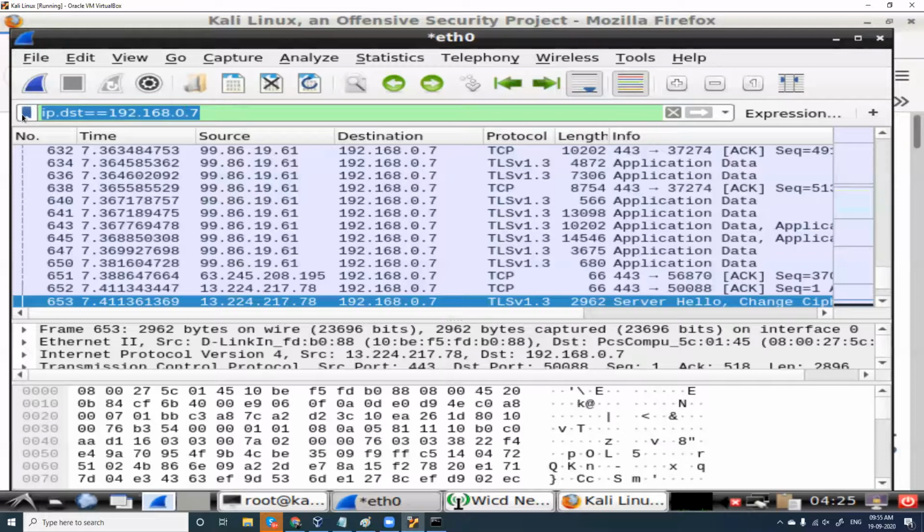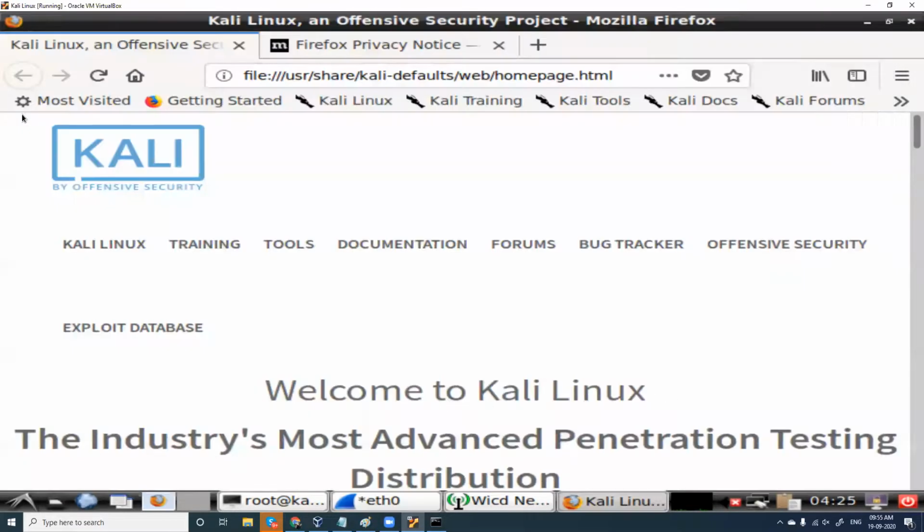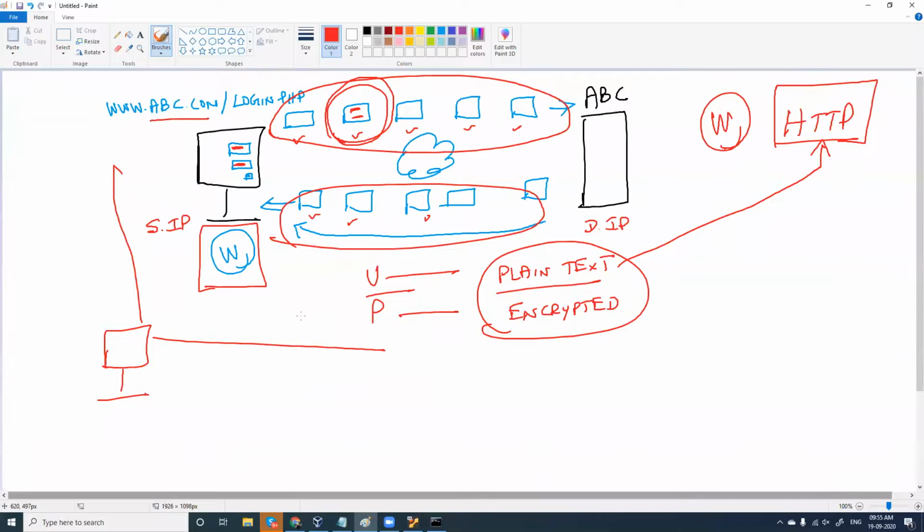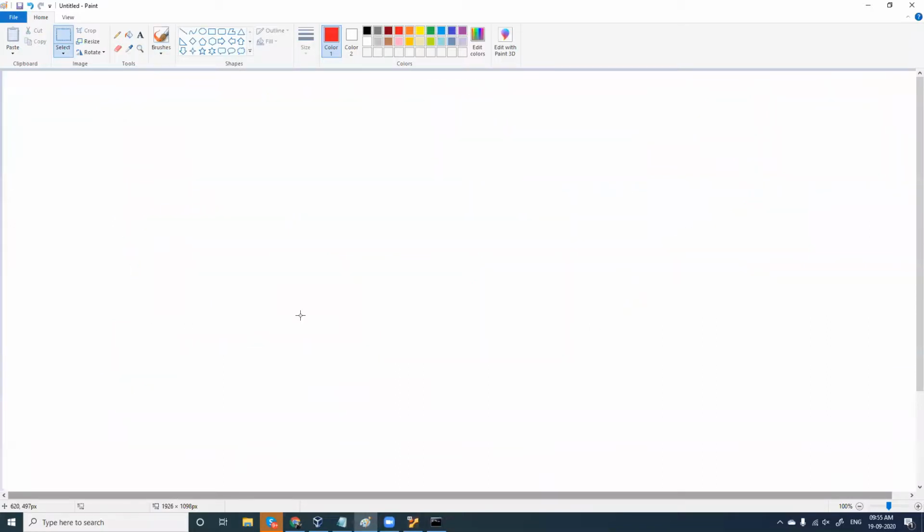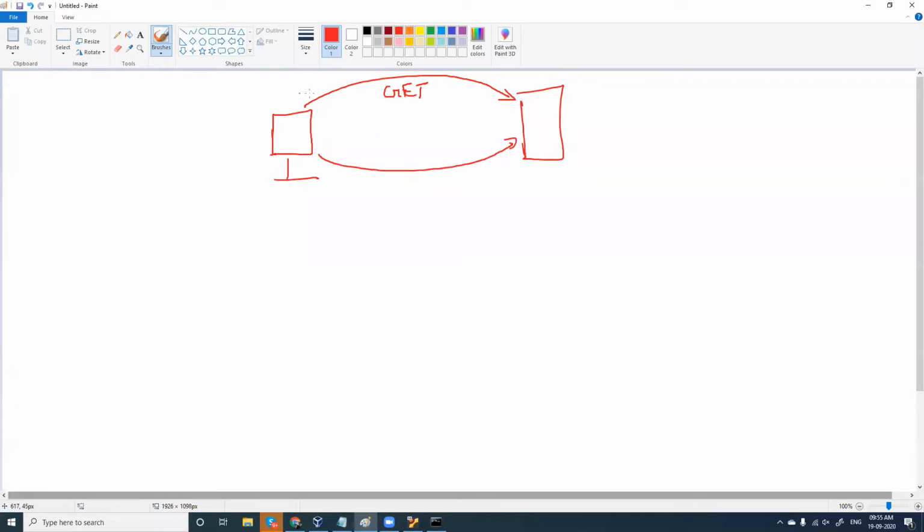And when it comes to websites, you have to understand this. It is all GET and POST. It is all HTTP methods, which is GET and POST. Whenever I want something from this website, I'm getting something from the website. And whenever I want to send something back to the website, it is going to be POST. So it is all GET and POST, whether you get something from the website or you send something back to the website.